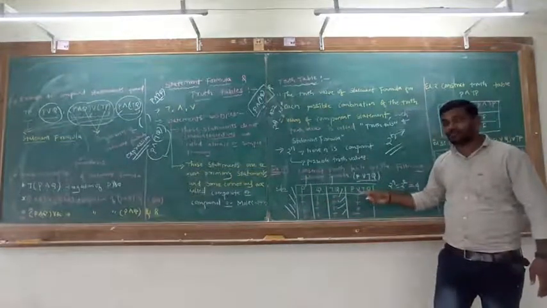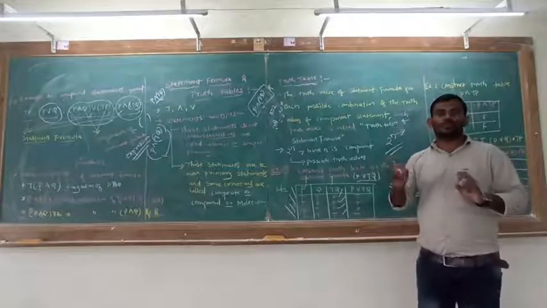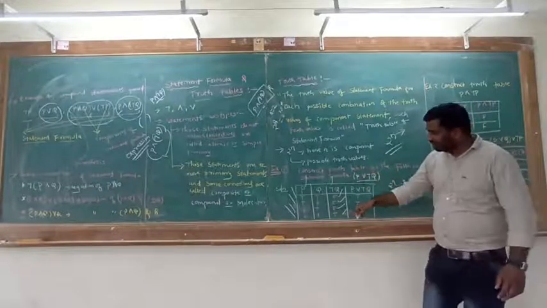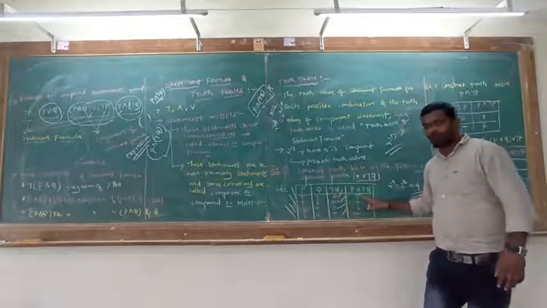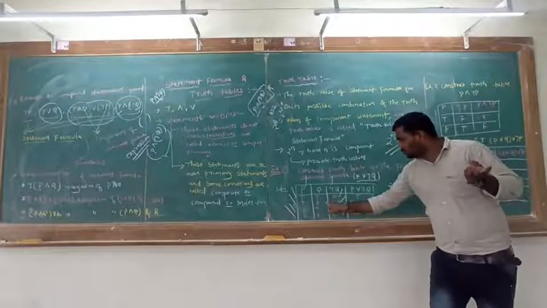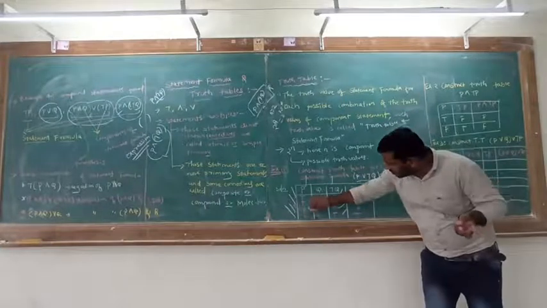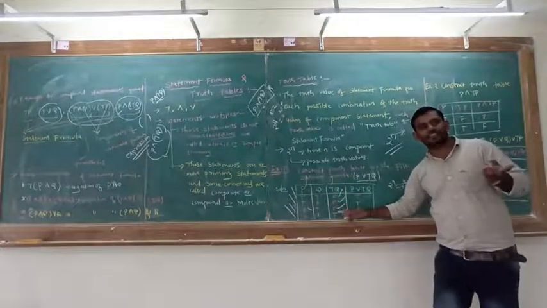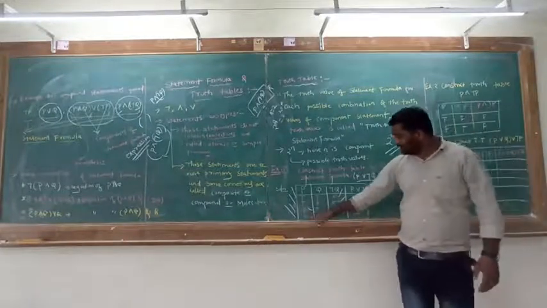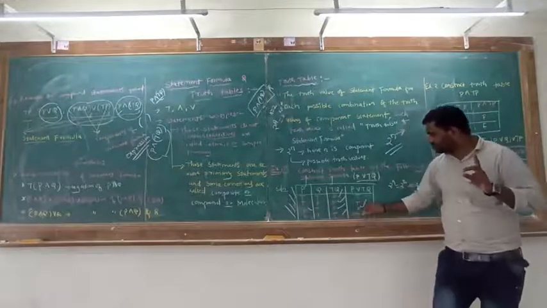That is disjunction. What is the disjunction truth table? It is true whenever both are true or either one is true, and false only if both are false. So here, true, false gives true. Either one true means true. So true, false is true, true, true is true. Next, false, false gives false, since in the disjunction it is false only. Next, false, true, either one true is there, so true.